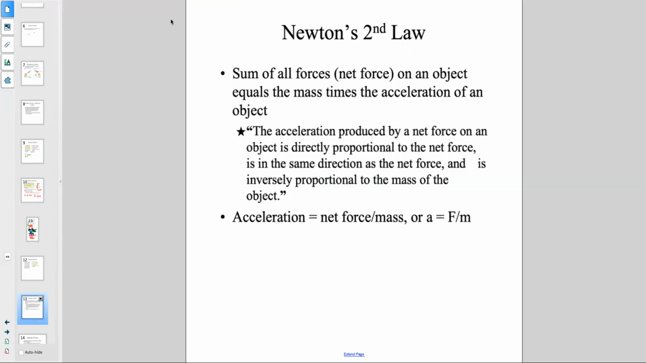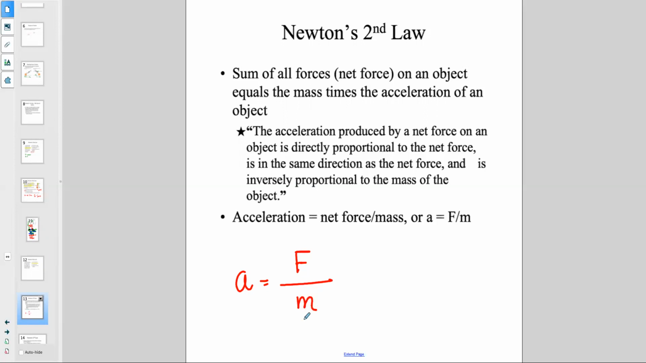Sum of all forces, net force, on an object equals the mass times the acceleration of the object. So the acceleration produced by a net force on an object is directly proportional to the net force, is in the same direction as the net force, and is inversely proportional to the mass of the object. In other words, acceleration is force acting on an object